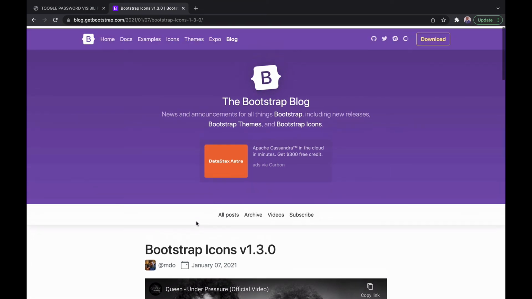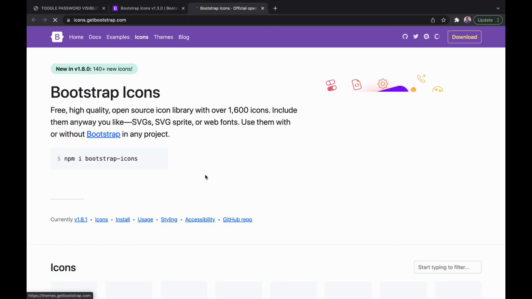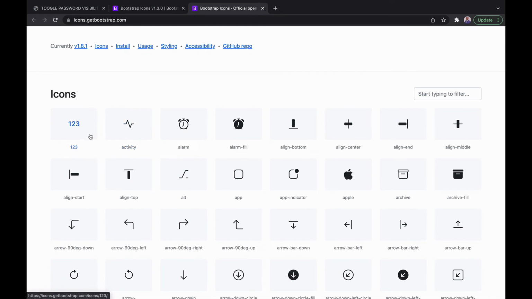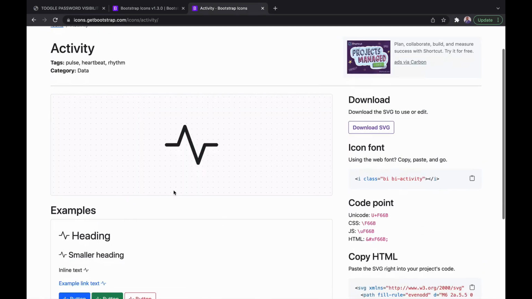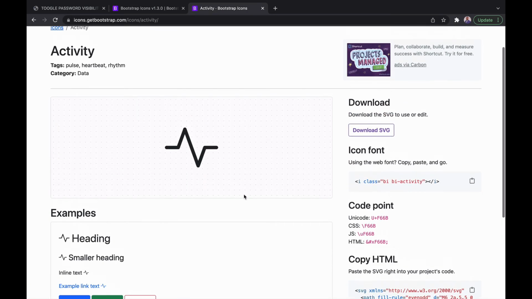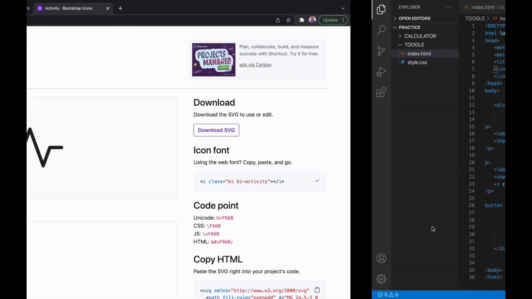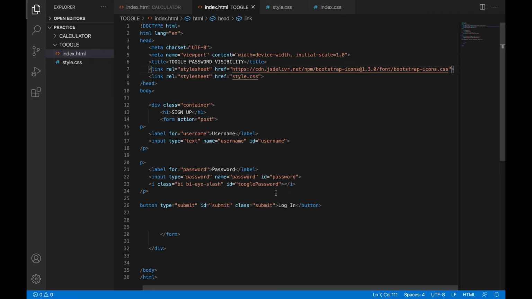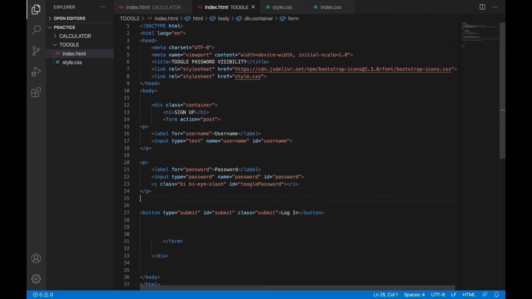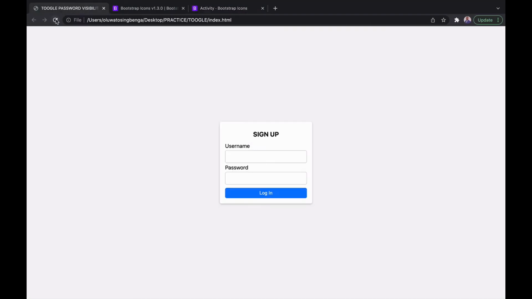All right, so this is it, icons. It will load icons. Then if I want to use this icon, for instance, this is the code I'm going to use: bi bi-activity. Can you see? I'll just use i class bi bi-activity. Then this comes up for me. So let me copy it, for instance, so that you can see, and paste somewhere here. Because I'm already referencing the CDN here, it will automatically bring that logo for me. So if I refresh now,